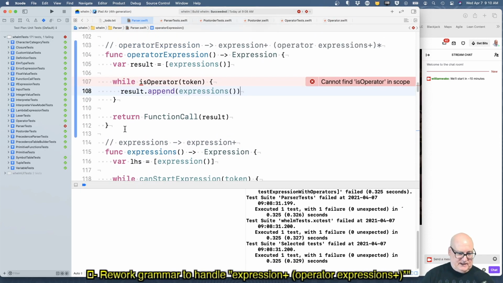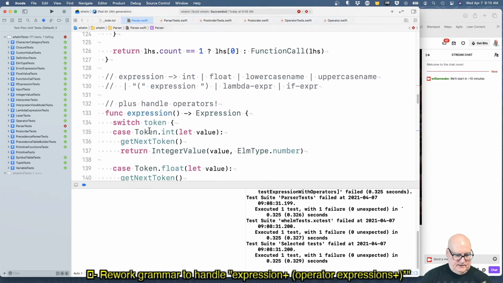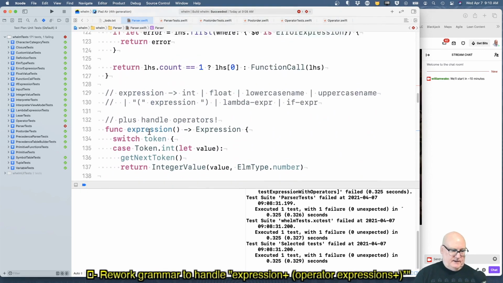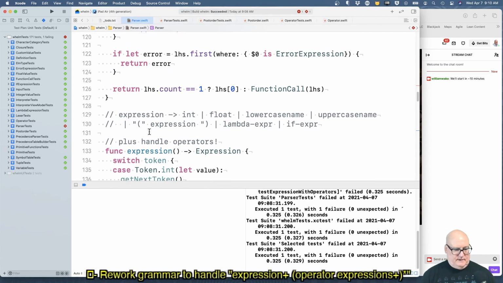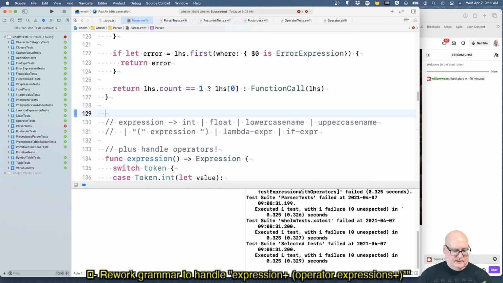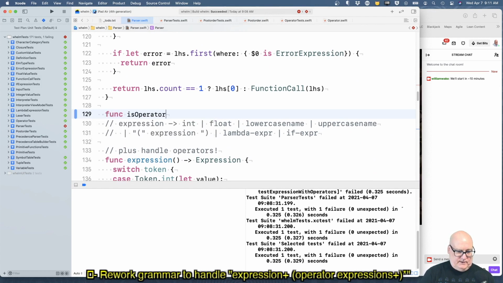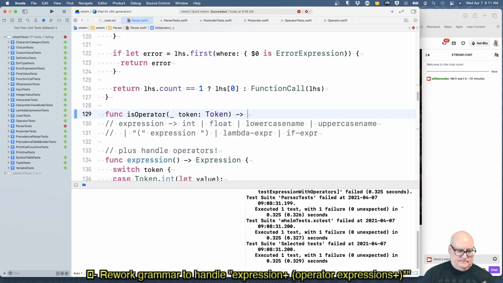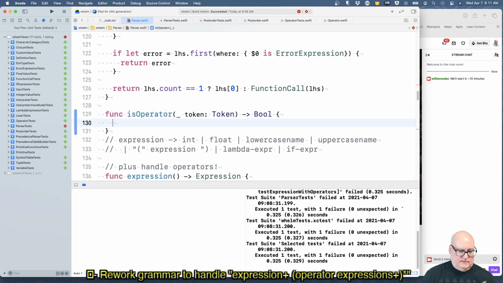All right, we don't have an is operator. We need that. I think that's kind of like this one. Let's address that. Function is operator token. It's a Boolean.